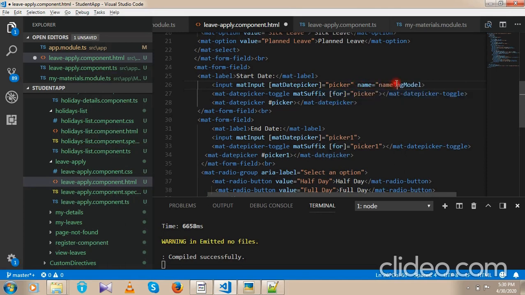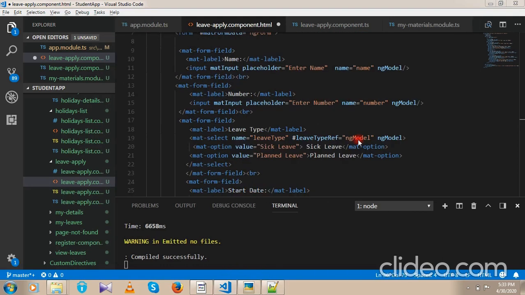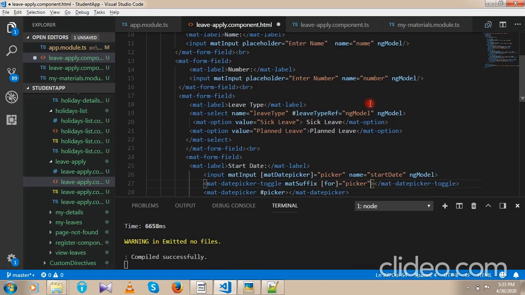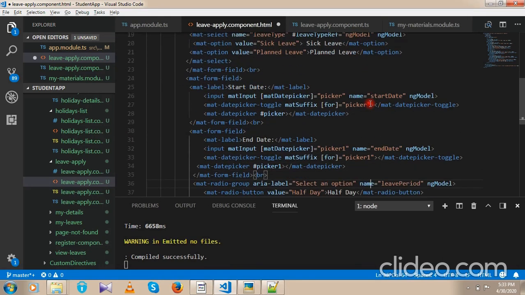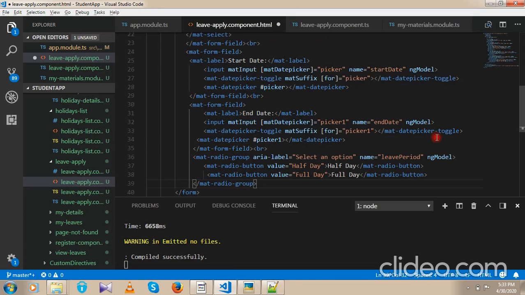In the TS file, if you want to get the input field when the user enters, you need to refer with this name itself. So I have added name and ng model to all the fields. For name I have given name, for number I have given the name as number, and for start date I have given start date, end date. For all the fields I have given name and ng model.